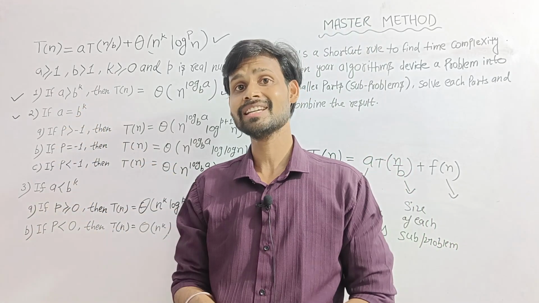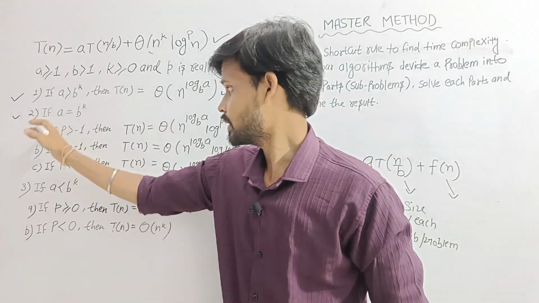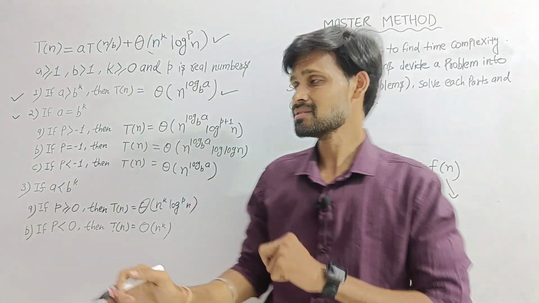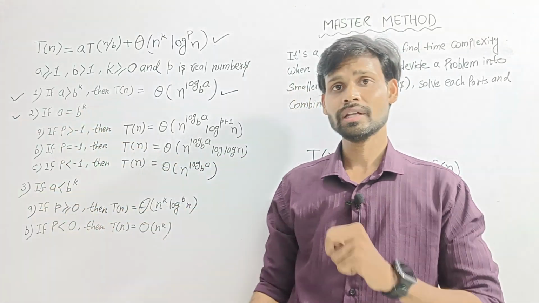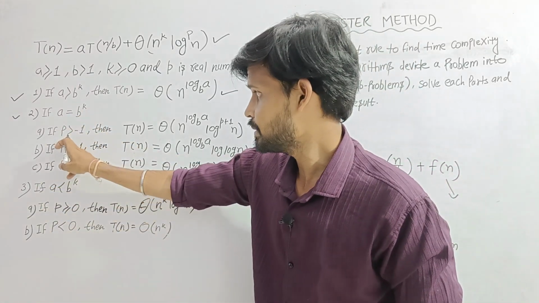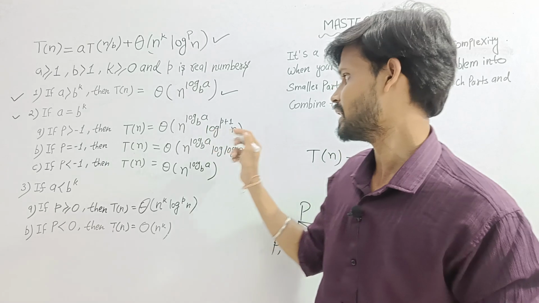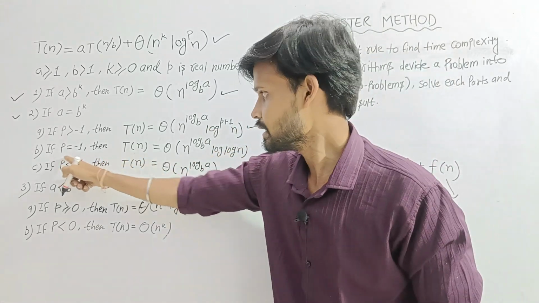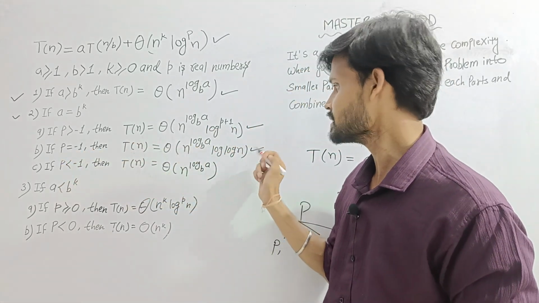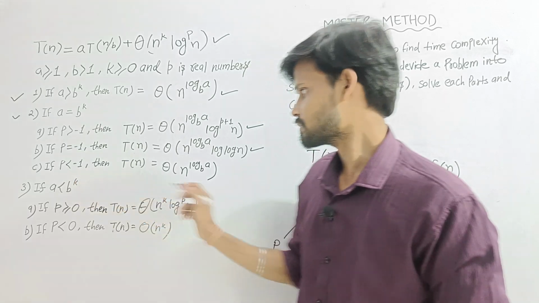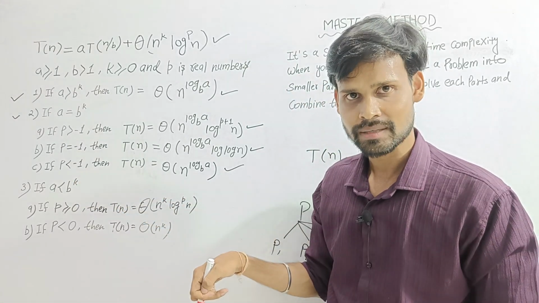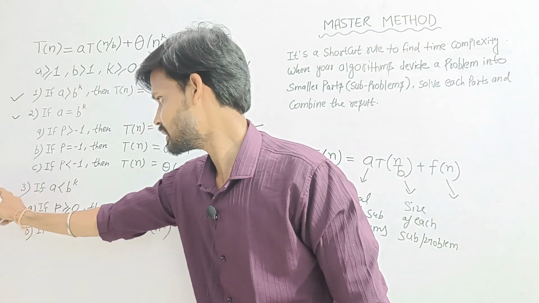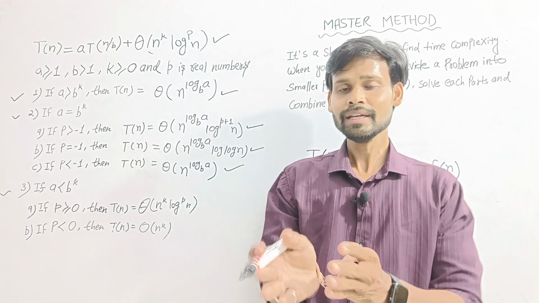then you will have to check another three cases also, like a, b and c. These three cases depend on the value of p. If p is greater than -1, then you will apply this. If p equals -1, then you will apply this. If p is less than -1, then you will apply this. And the third case, see like this: if a is less than b power k,